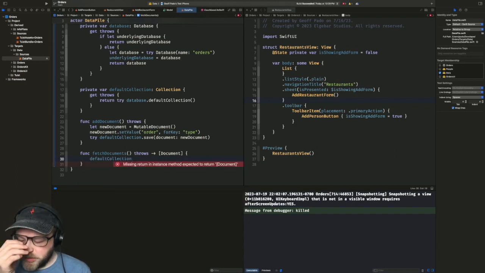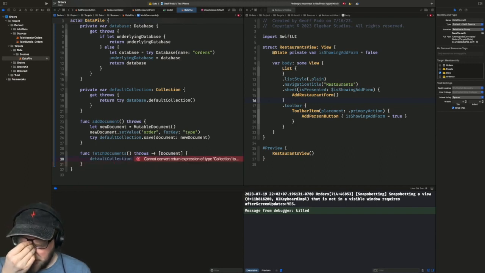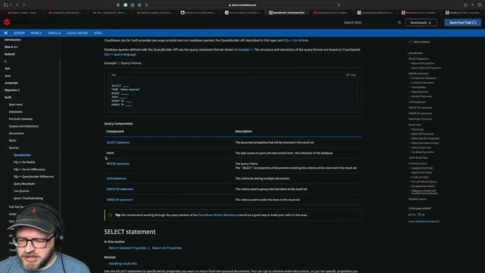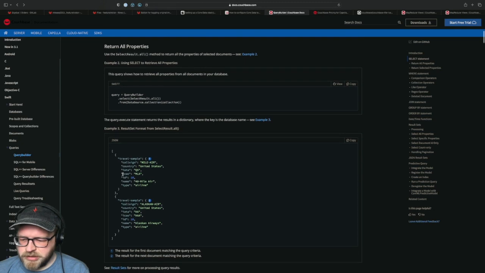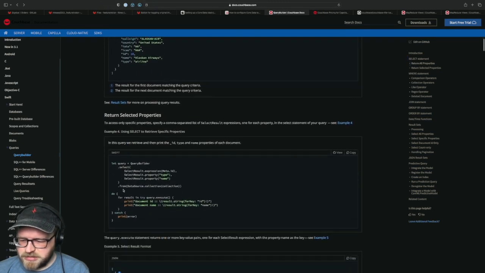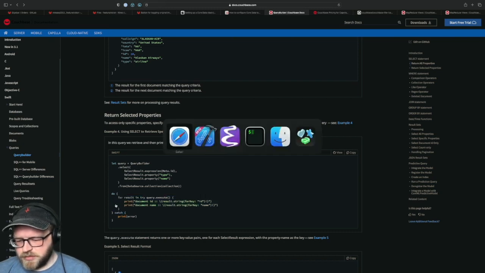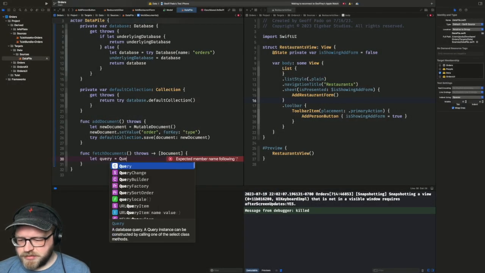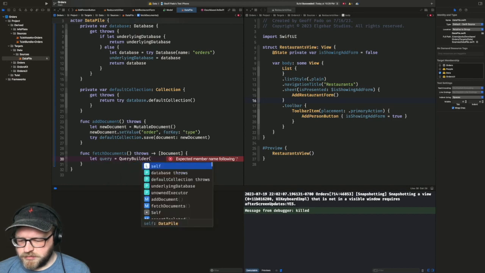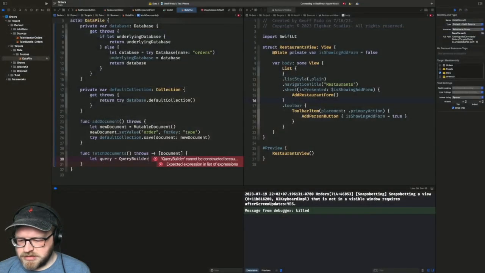So then I guess I don't want the default collection because the default collection is going to have... Well, no, I guess I could use the default collection. Okay, whatever. Default collection dot... No, I need a query builder. So I need my query to exist first. And then I execute the query. Okay, so let query equals query builder dot select